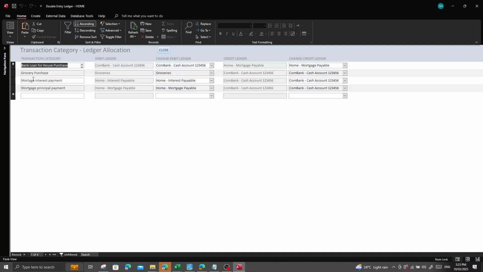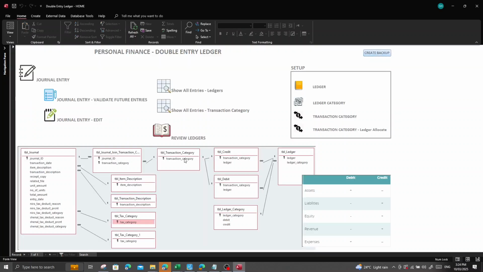That way, when you do your journal entries, you don't have to individually select the accounts that get credited or debited. You select the transaction category, which is descriptive, and then the system will automatically credit and debit the relevant accounts. So here you can see grocery purchase is a type of transaction category. You are debiting the groceries account, and then you're crediting your cash account. So one will basically go and insert all these transaction categories, and then coming back to this table explanation,